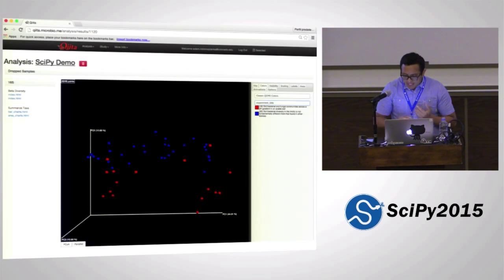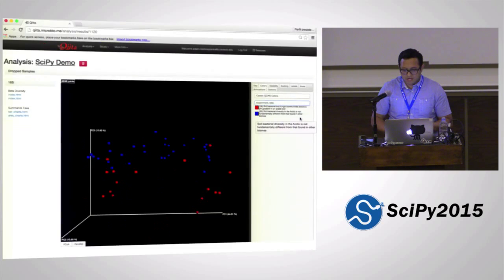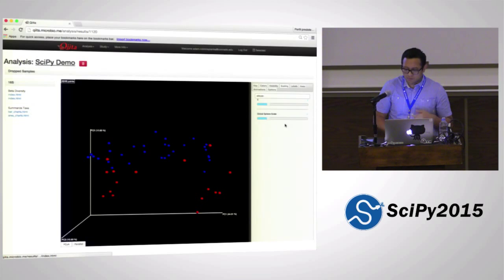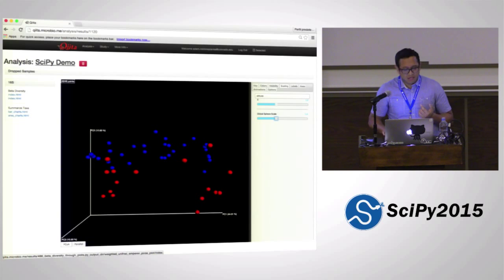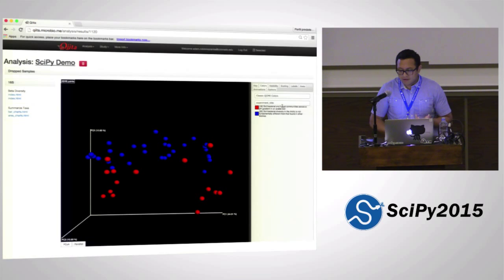And so we can select that, and we see that we have two titles, and I'm just going to quickly zoom into this. And these are the studies that Adam selected in the previous study list, but the spheres are actually kind of small, so we can change these really quickly and just make it clearer for you to see what's going on. So to verify the claim that Adam was wondering about of whether or not soil communities are similar regardless of whether they come from regular environments or Arctic environments, we can, for example, take a look at